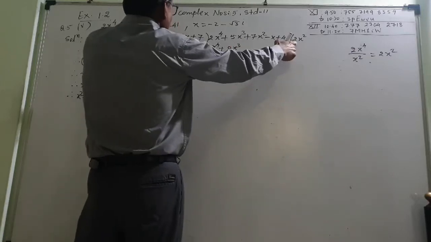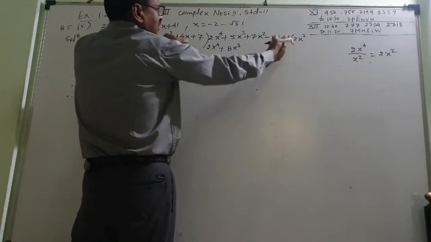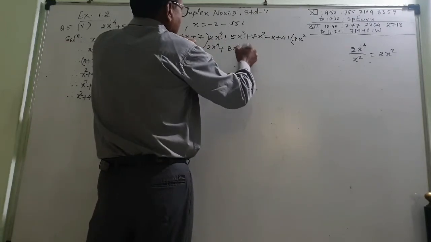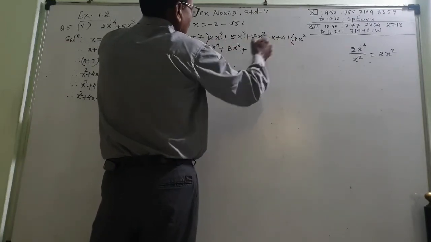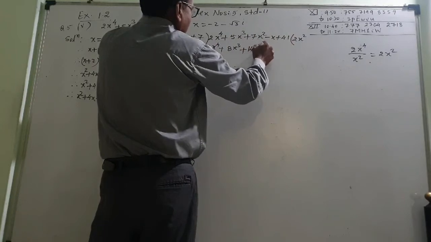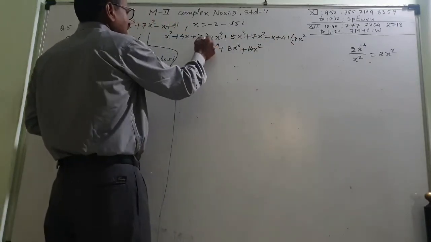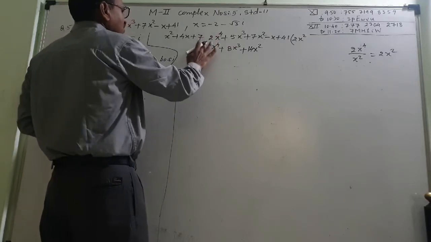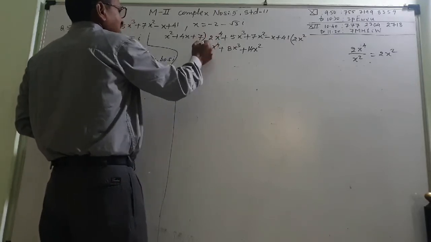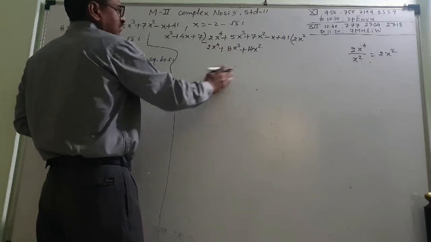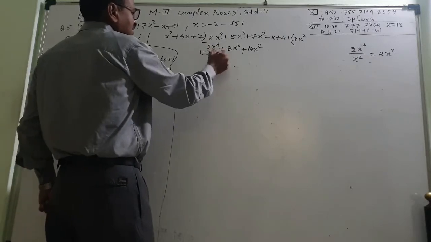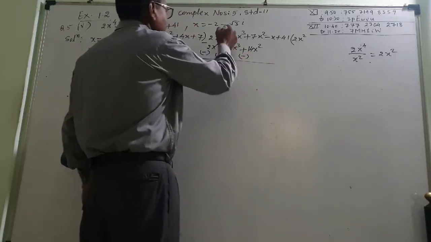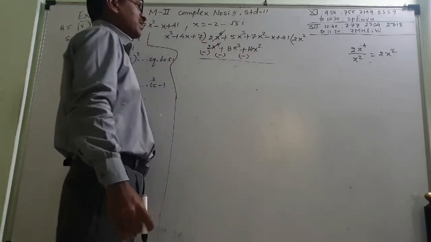Remember this, 2 into 4 is 8, x into x square is x cube. Now this plus 7 to the 14 x square. Now I have to subtract this, so I will write the minus sign. I don't have the place to write it, so I will write here minus. Change the signs. This will be minus, everything will become minus. Now this first term should get cancelled, that is our aim.